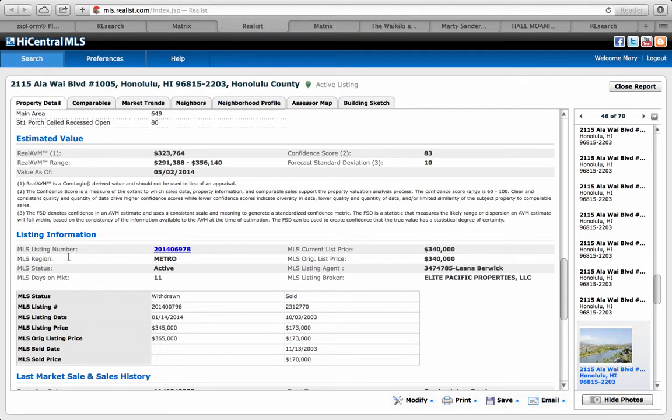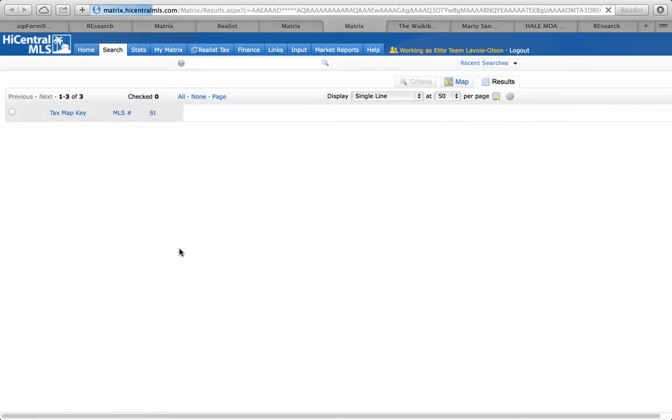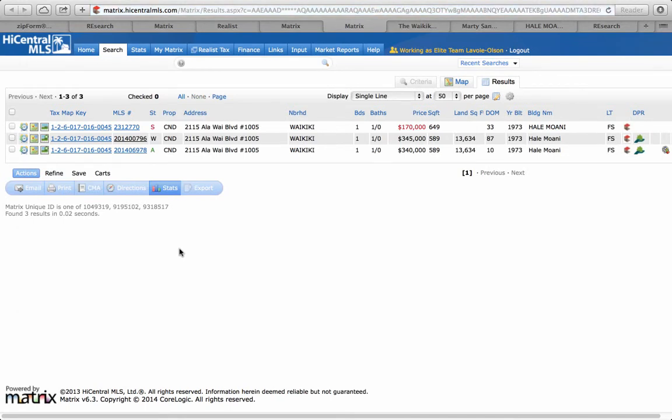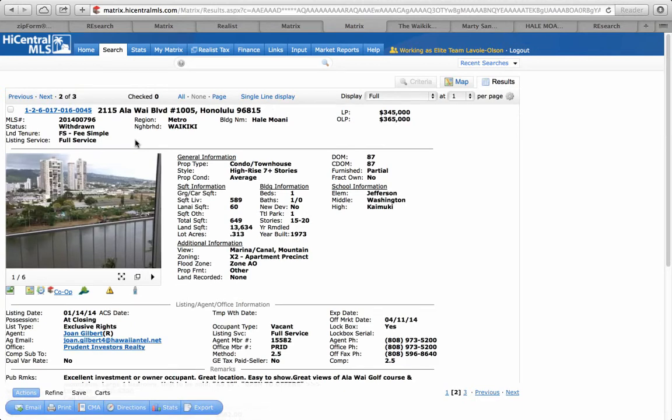So for example, this highlighted number here is an MLS number. I'm going to click on that, and that will pull up the records of every single time it was ever listed for this property. So these are all the MLS numbers that ever were for this particular condominium unit number. So although it's active right now because it's my listing, I'm going to show you what it looked like before. So I'm going to pull up an old listing number, and this happened to be withdrawn, and this was withdrawn